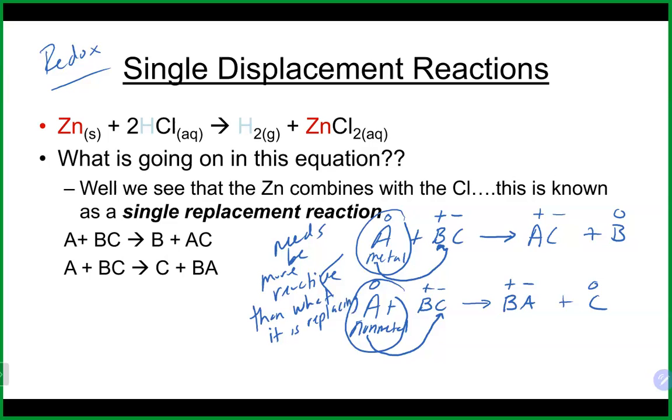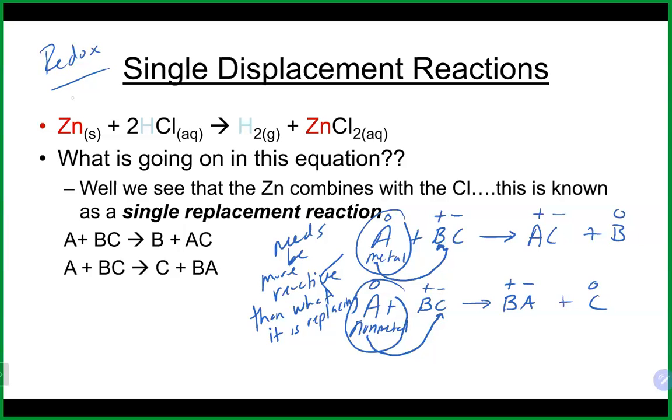So it needs to be more reactive than whatever it is replacing for this reaction to take place. If it is not more reactive, then frankly, you will not see the reaction take place. It will not happen, basically. So for example, if we look at this one up here, this is how I know this is a single